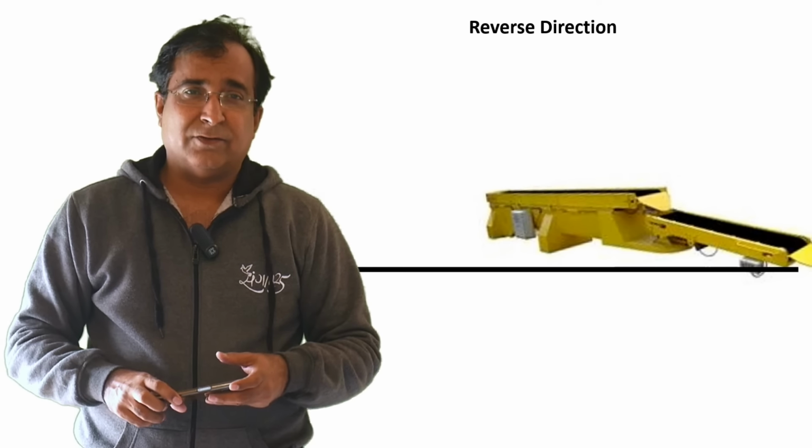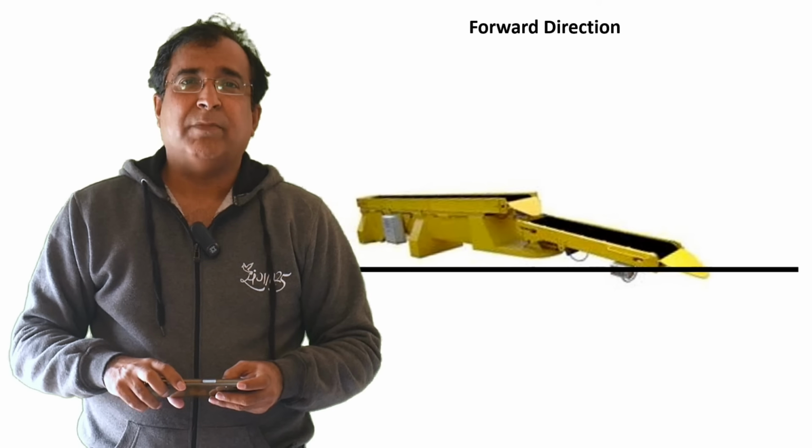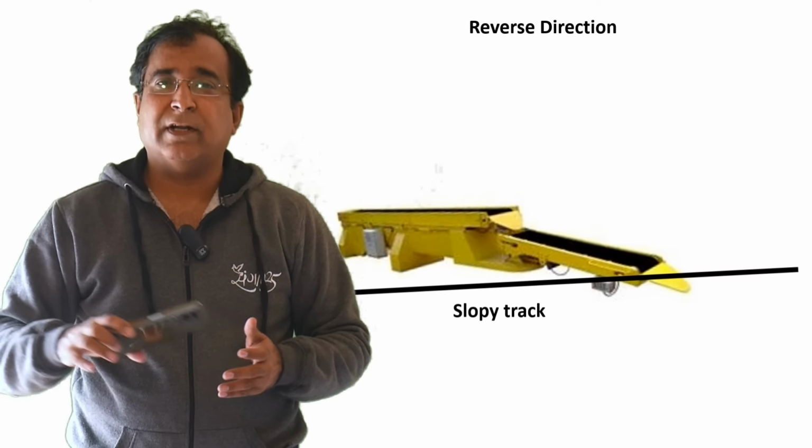I couldn't get the reason. So almost facing trouble for more than 15 or 20 days. But after close observation, I came to know that a slope has been developed on the tracks of the wagon loading machine, truck loading machine, over which the machine wheels move. So on one side it is not creating any problem in forward direction, but in reverse direction the machine is rolling down on its own and it was causing the motor to go in regeneration mode. I checked everything, it was fine with deacceleration time also. Still VFD was tripping. That means the excess energy is causing the voltage to rise on the DC bus.